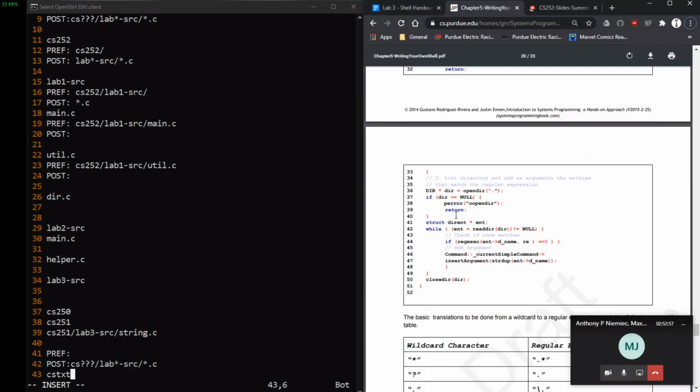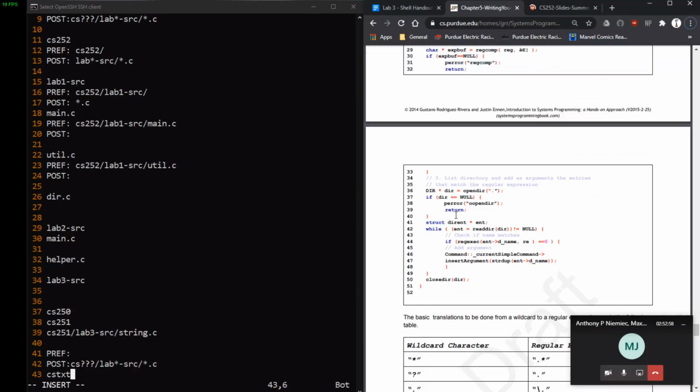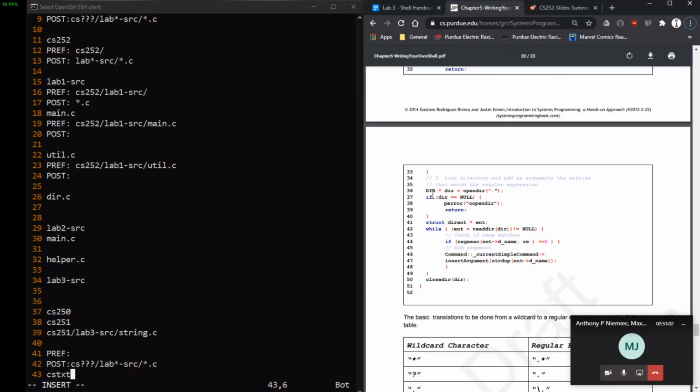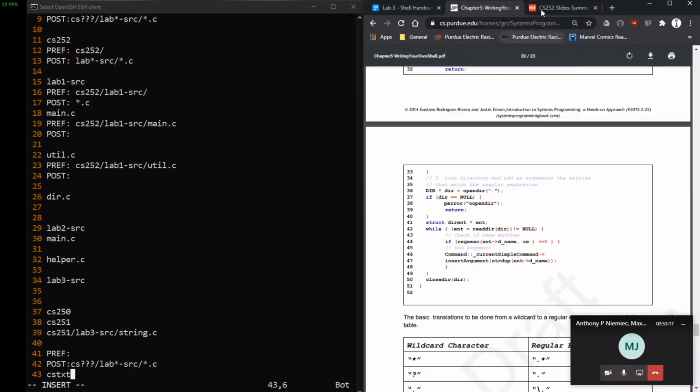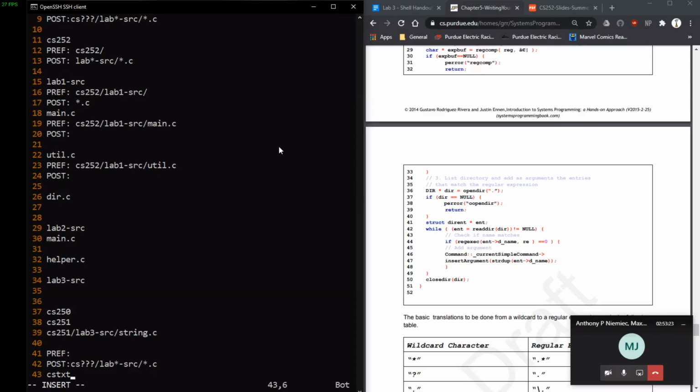I typed out the code that does this functionality step. There will be reuse. So if you really know what you're doing, you can just copy whatever you need over. But really make sure you understand where this is working and how it's working, and how this example translated into recursive code here. I believe there's some recursive code in the slides. At least pseudocode or something like that. And I think that is it for